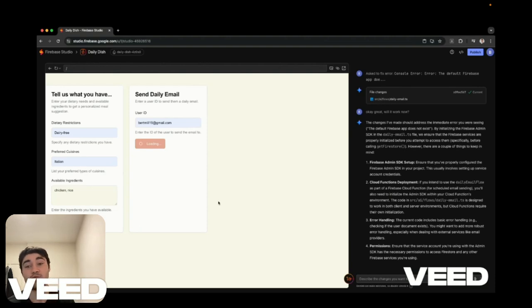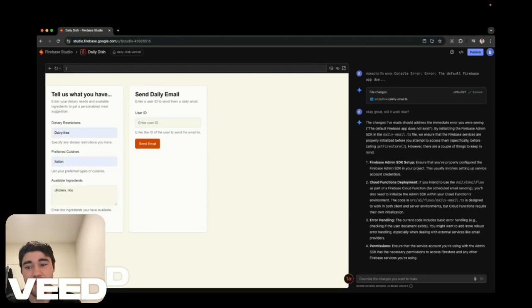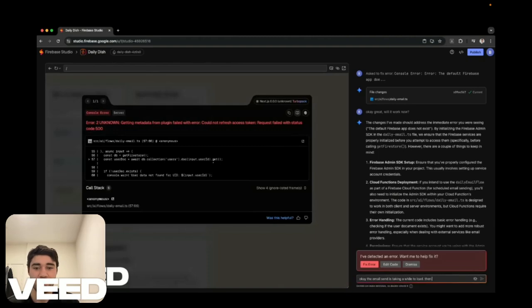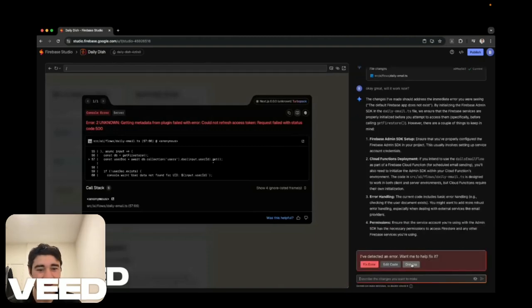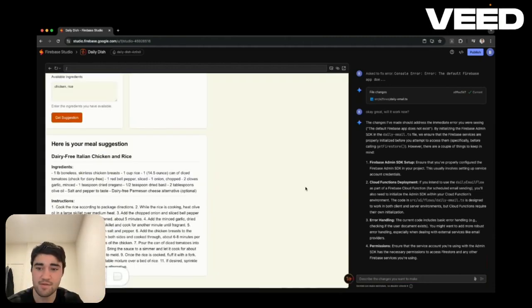But another really cool thing about Firebase Studio that I don't think the other code editors have is this cool feature where you can actually draw on the screen. There's like a little doodling button. I think it's coming up soon, right beside the text box. You just click on the button, and then you can actually draw on the screen and explain what you want